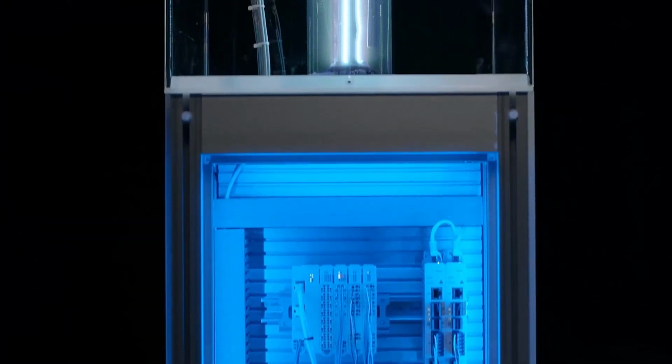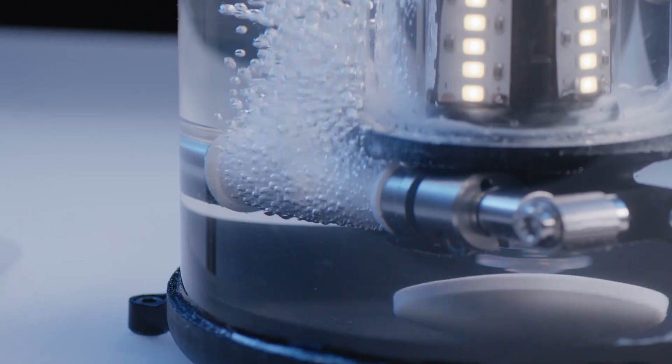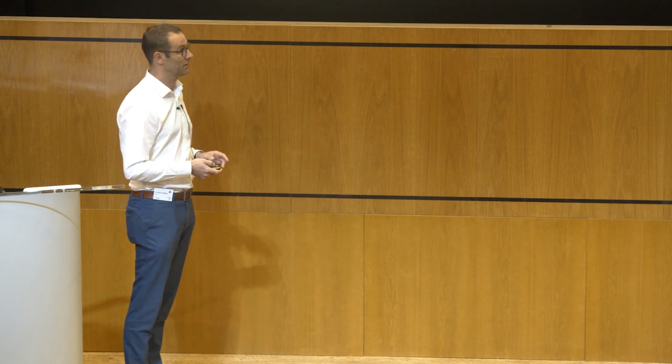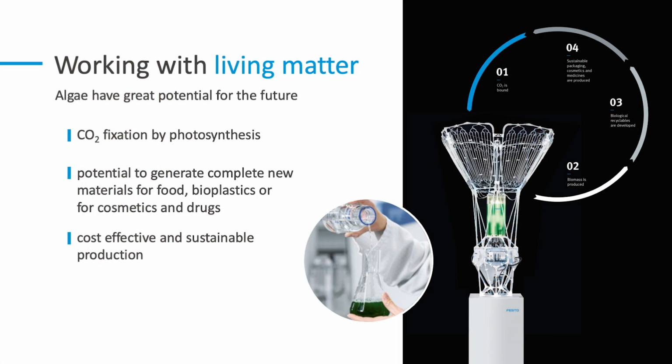And in the small reactor that we have developed in parallel, we can even improve the algorithms much quicker and easier because we are working on a smaller laboratory scale. And together with the Max Planck Institute, we think about how we can optimize the process on the cell level itself. So we're working with living material, and I mentioned already that algae can fixate CO2 much more efficiently than